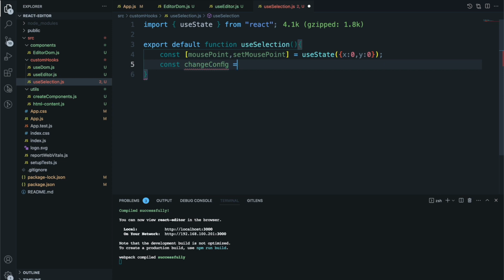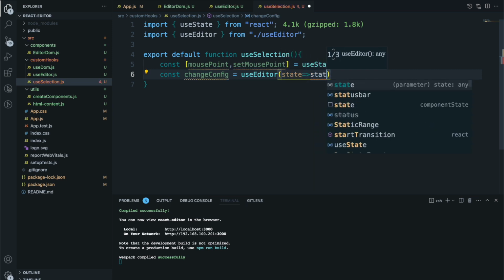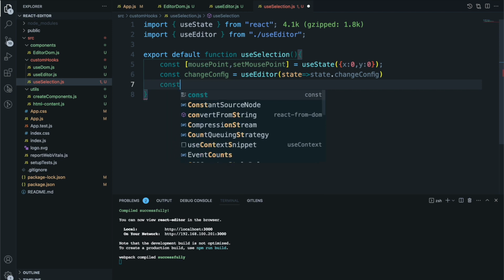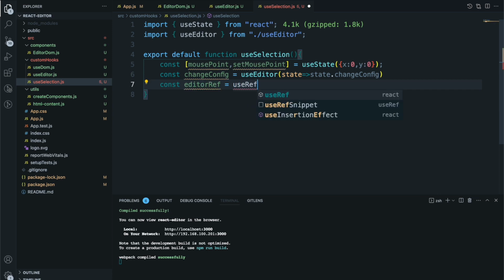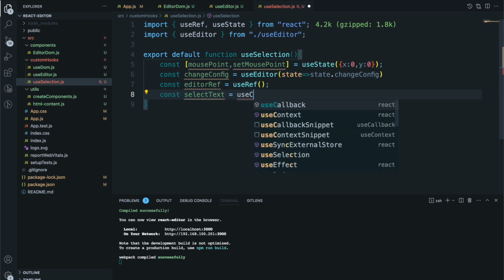So we'll import the changeConfig from the editor hook that we created before, and we'll just get that state dot changeConfig, like this. Now we will also create a ref with useRef. We will also get the selected text from our